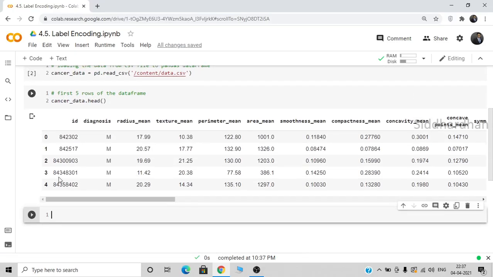As we can see the first 5 rows here, we have the ID for each data point and this diagnosis. This diagnosis is the label we have. In this particular column, diagnosis, we have two values, either M or B. M represents malignant stage, which is the more advanced stage of cancer, and B represents benign stage, or the starting stage of cancer. If we can predict that the person has cancer in benign stage, the probability is that that person will be saved because we can give the treatment early on. So this is the objective of this particular dataset, but in this video our goal is just to encode